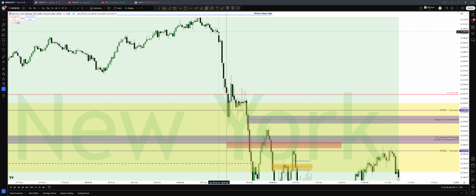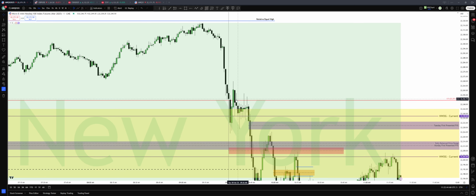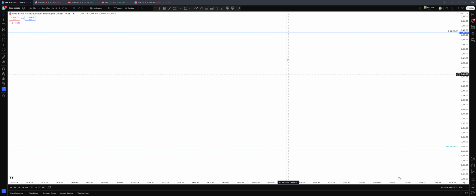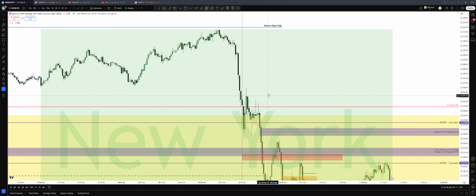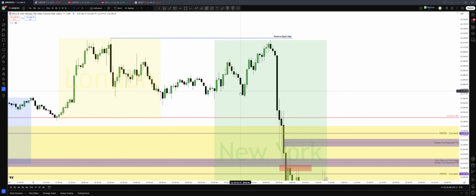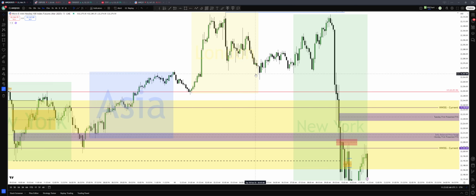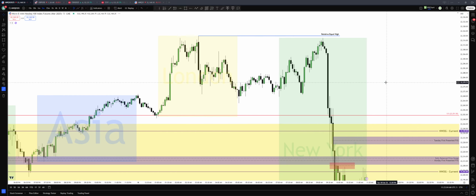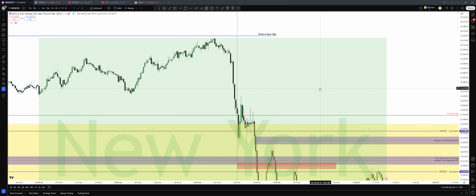You can see the price rushed down lower and my draw was higher here, and this wouldn't be my draw in any way, shape or form, because 5 minutes here left an imbalance. If I'm short, I would like it to retrace back into the inefficiency to attack the lower side here, but instead it moved lower by a lot. So what I'm trying to say here is